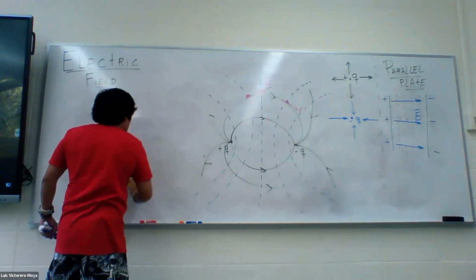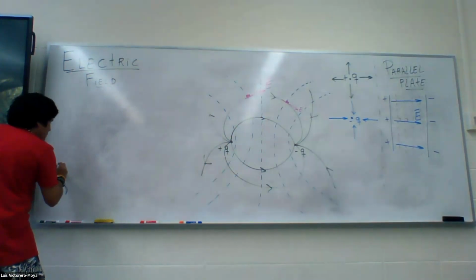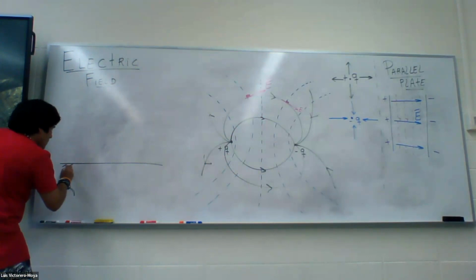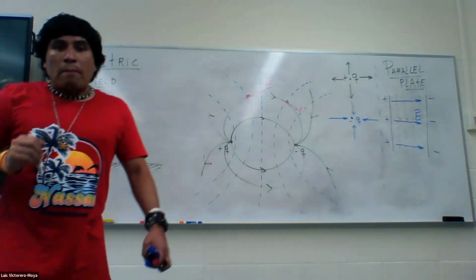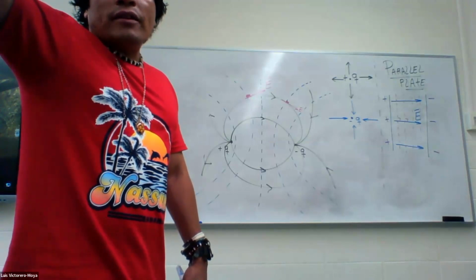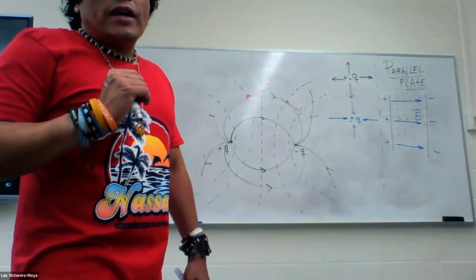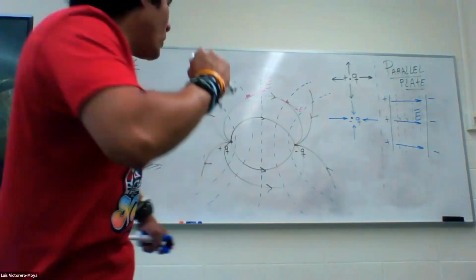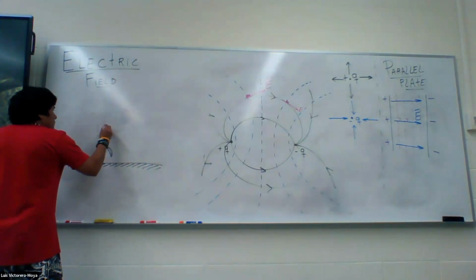So let's say that you have a surface here, and you have a mass of 5 grams that you want to make sure is suspended without any sort of motion above the surface. What should be the electric field in the region? That's the question. So if you have an object,